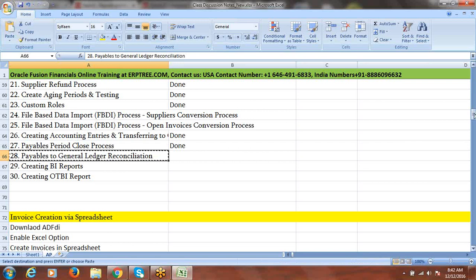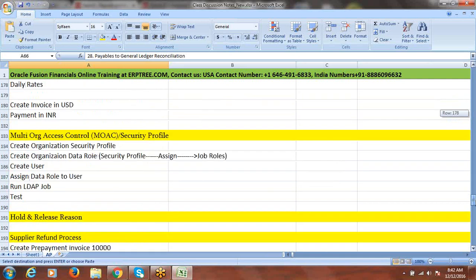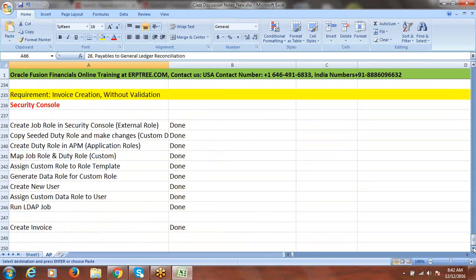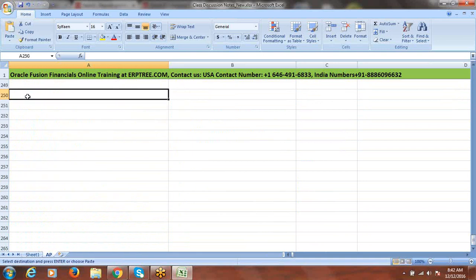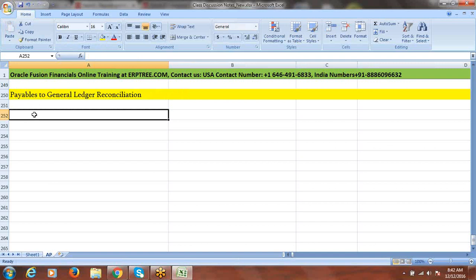So I'll take this. When I talk about reconciliation, the first point is to set reconciliation accounts.